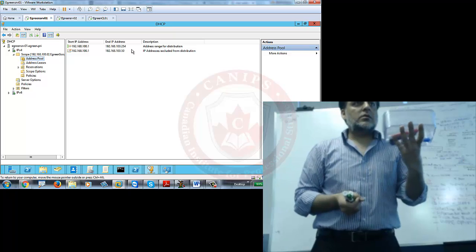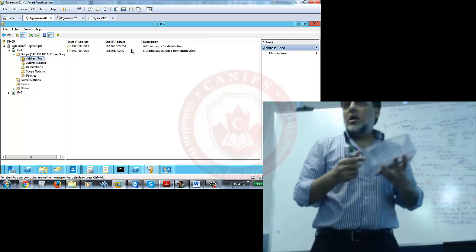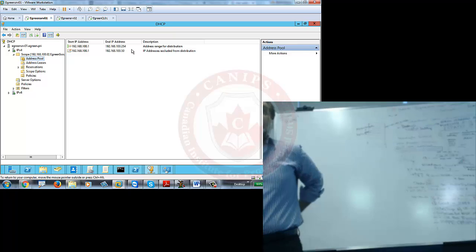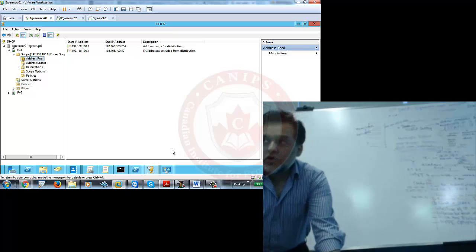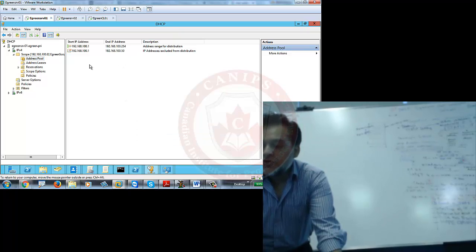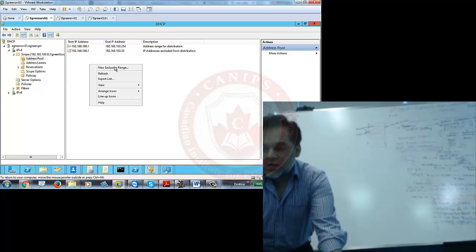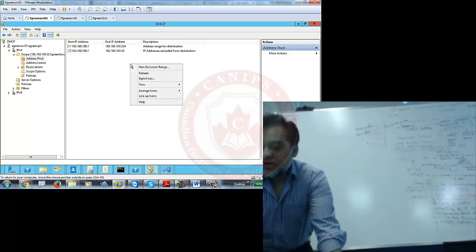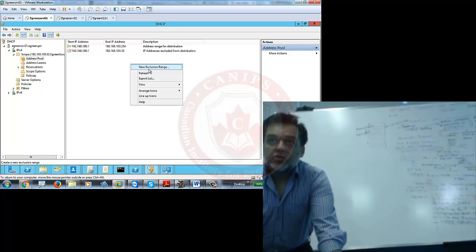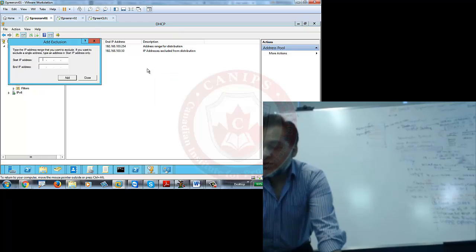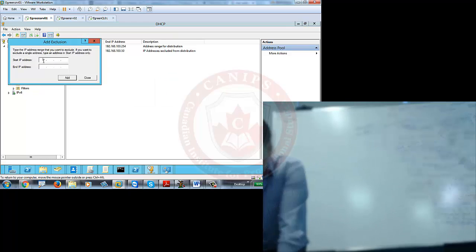If you don't have an exclusion, it's fine. If you don't have an exclusion range, we're going to create one. Guys, all you need to do is right-click in this white area under address pool. Select address pool, right-click here and say new exclusion range. As soon as you click on new exclusion range, here just say